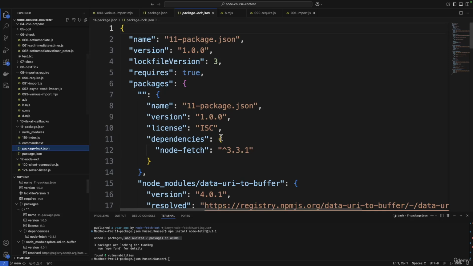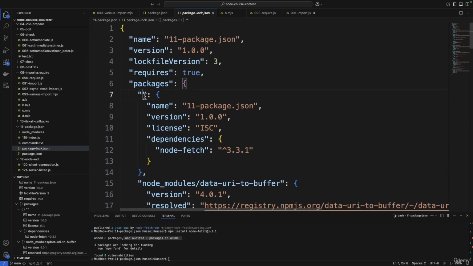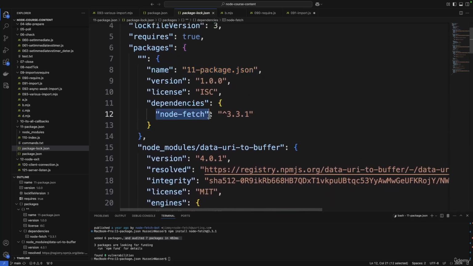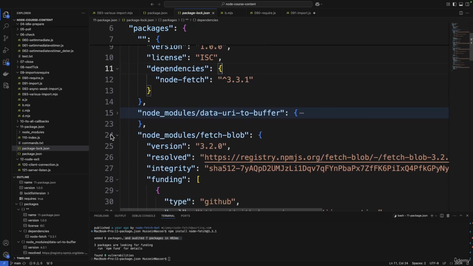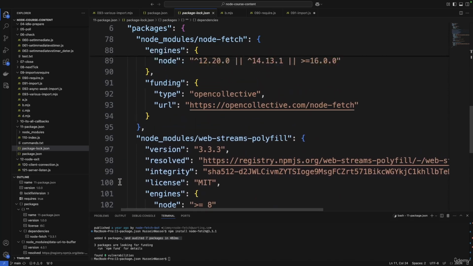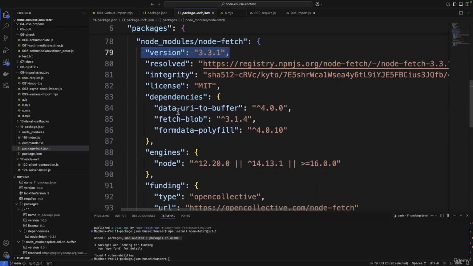If I go to package-lock.json, you can see that what was installed is, this is my package, and that's the name of my package, and it's referencing node-fetch. Let's close all of this stuff so I can show you. Let's go find node-fetch. Man, node-fetch is doing a lot of stuff, huh? We installed version 3.3.1. And this is the library. This is the URL. This requires the particular dependency.